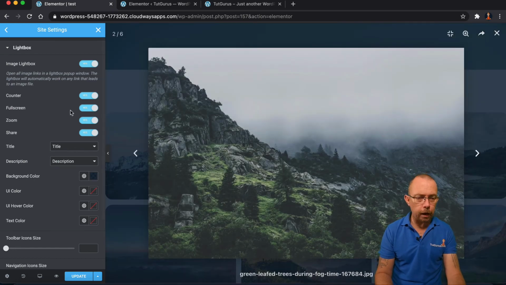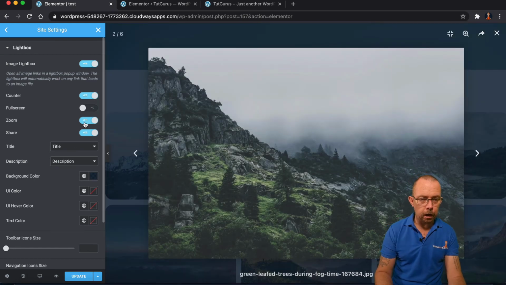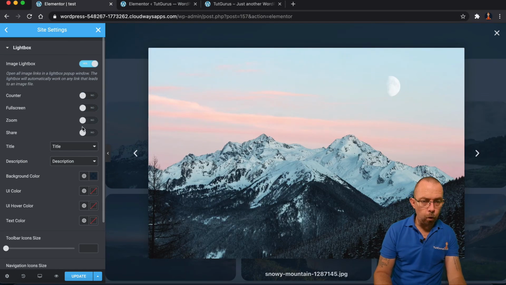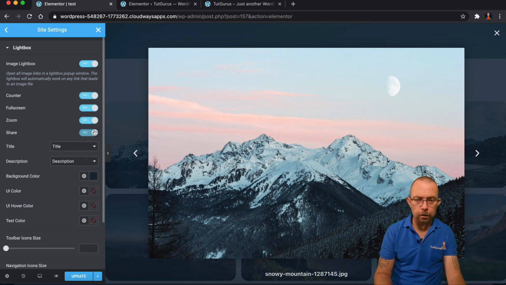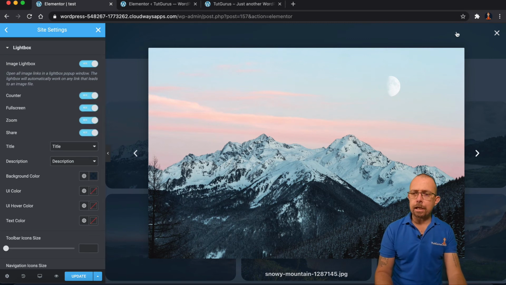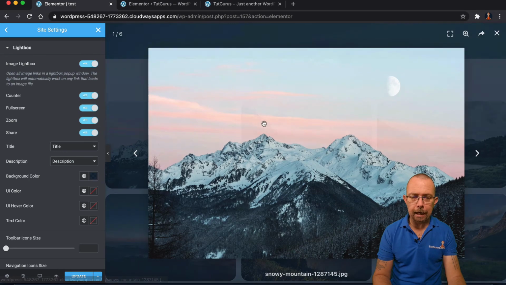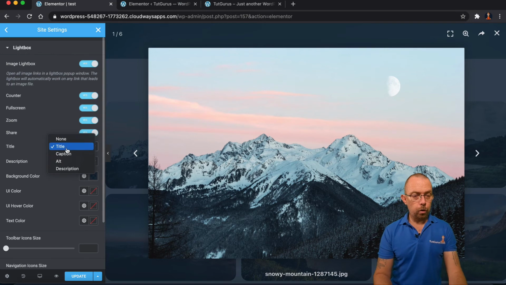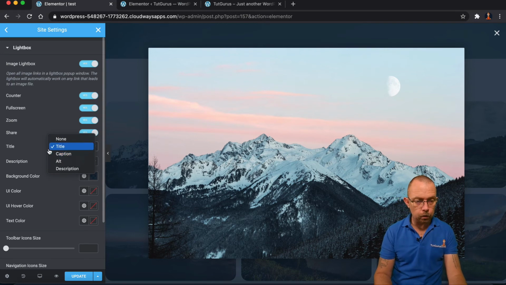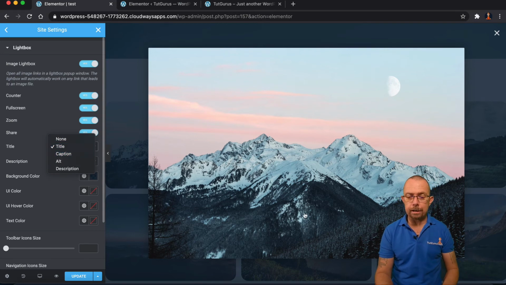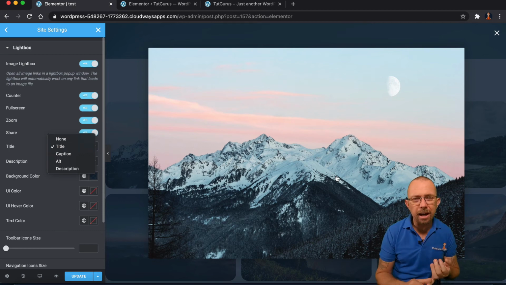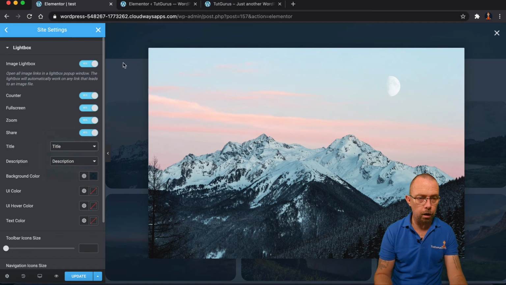But if you didn't want those icons to be there, you can actually start checking these to be no. So you'll now notice that I've made all of these no, and we don't have any at the top here, but you can easily bring them back on just by clicking yes. Sometimes they don't appear straight away. Sometimes you need to come back out, and when you come back in, you'll notice that they're all up the top here. You can also choose these things here for titles, alts, depending on how you've created your image. So it's either your image title, the name of your image. There is sometimes when you create an actual image.